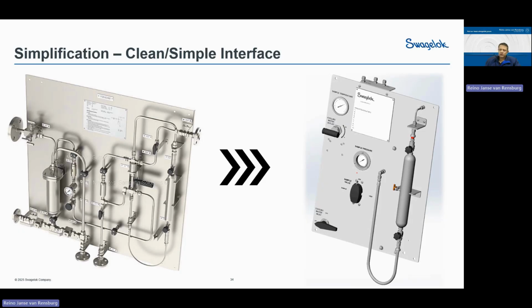In the older panels that we see in some of the older plants, there's about 6 to 7 valves on some of these panels that you have to switch in the exact orientation. If you don't do it correctly, what will happen is you could end up sending your process line directly through to your vent or to your drain. So you could just blow product down a drain line for hours just by doing something incorrectly.